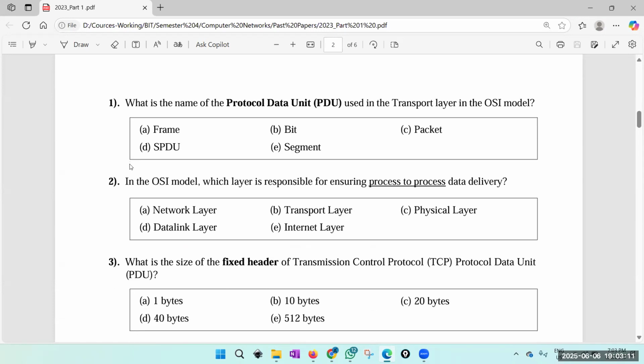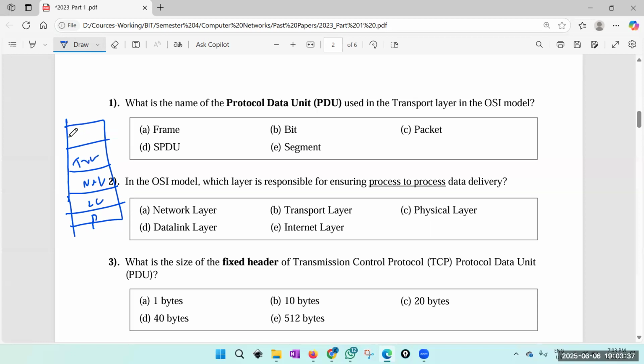Right. So question number one. What is the protocol data unit of the transport layer? Remember in the OSI architecture, we have physical, logical link, then network, transport, then of course